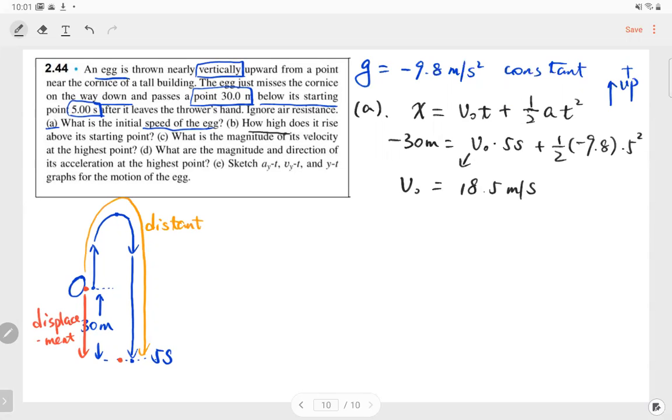How high? So we're going to find the highest point, this point. We're going to find the displacement from the initial point; if I label this as h, h is what we're looking for. This is the displacement from the initial point to the highest point. And at the highest point, we have a hidden condition. That means at the highest point,